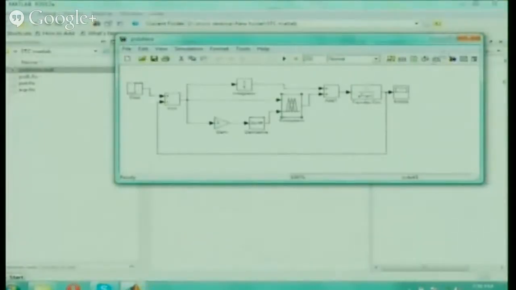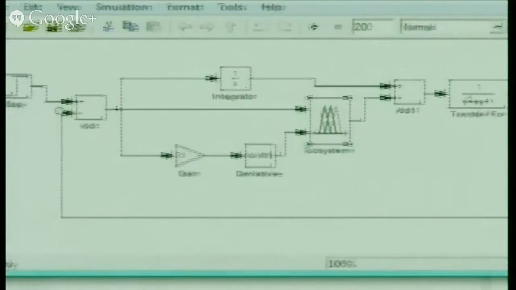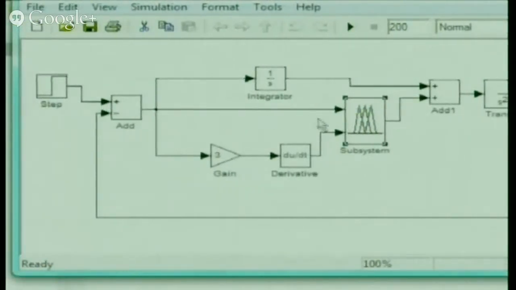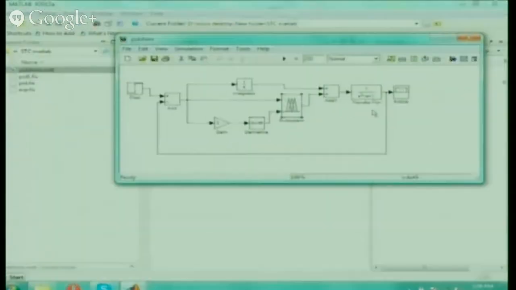Till then, all morning you have already seen, so I think you know this. Next step what you have to do is, this is our PID model. I have given a step input and this is my overall model, transfer function and all these things. There is a step input given to this positive, just remember this. So this is the model. Now what we have to do is add this fuzzy block. So from where do we add this fuzzy block? That is what next we are going to see.